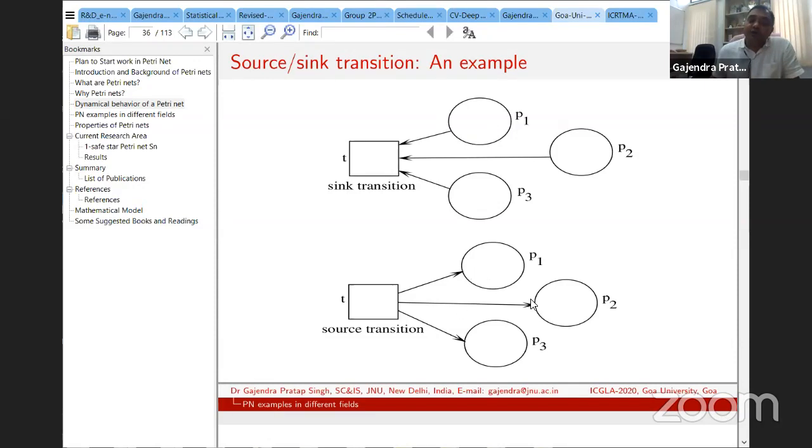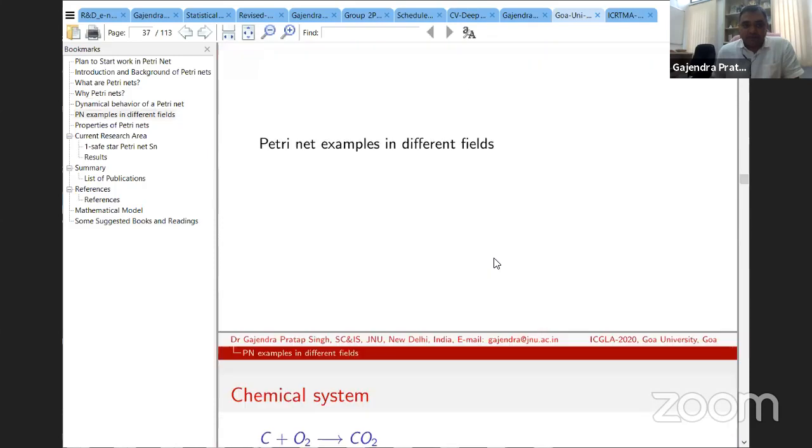For a source transition, if the token is in the output place, the transition is unconditionally enabled, and there is exponential growth of tokens in the reachability marking. In that case, this is also still an open problem, but one solution, one algorithm, is given for how to make the infinite tree a finite tree, in the form of the coverability algorithm, which I have seen in the Murata paper.